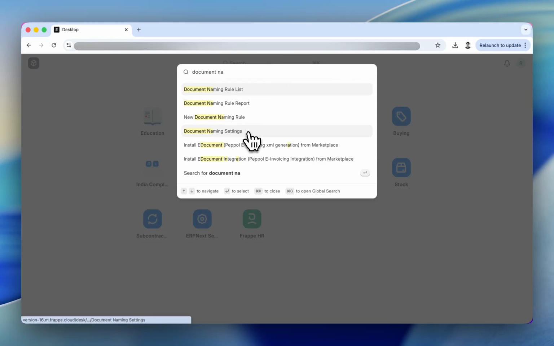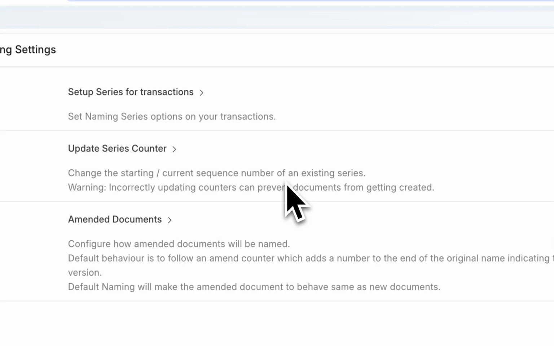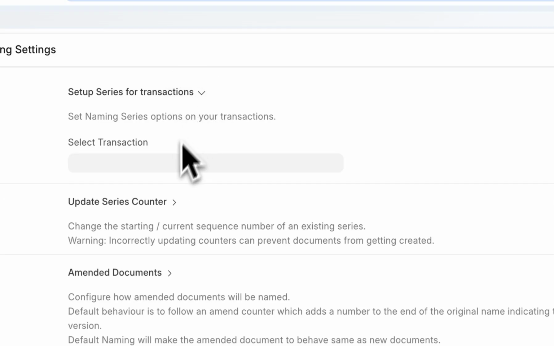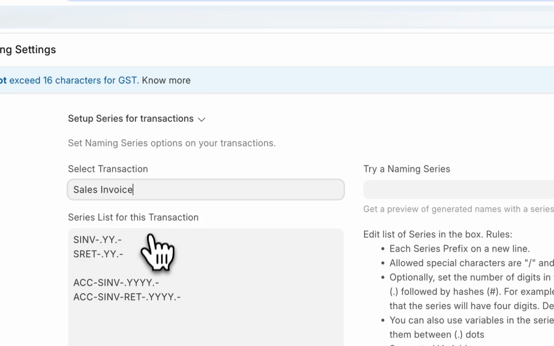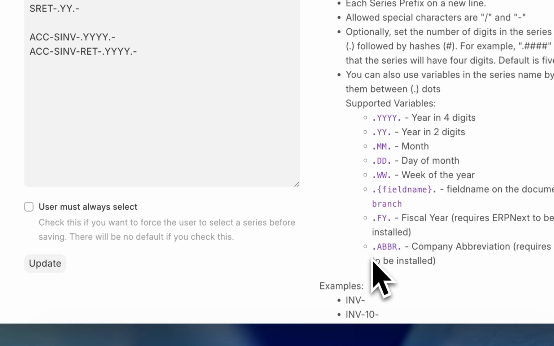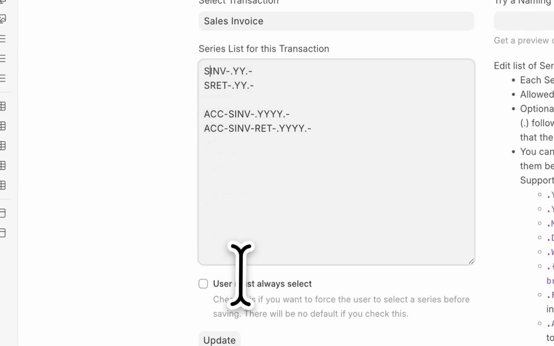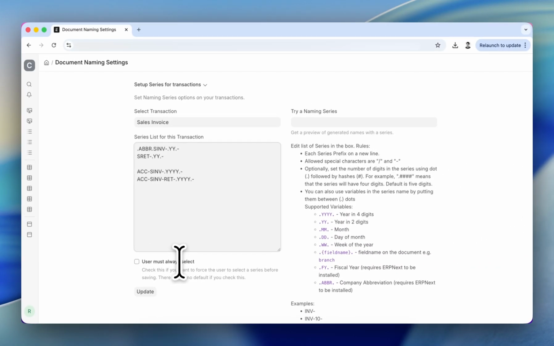Let's see how it works. Open the document naming settings configuration. Instead of writing the company abbreviation manually, simply use .abbr.SINV.YYYY.#### That's it. Now, if the document belongs to ABC Private Limited, whose abbreviation is ABC, the generated invoice number becomes